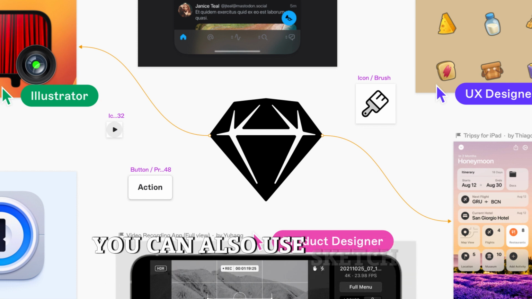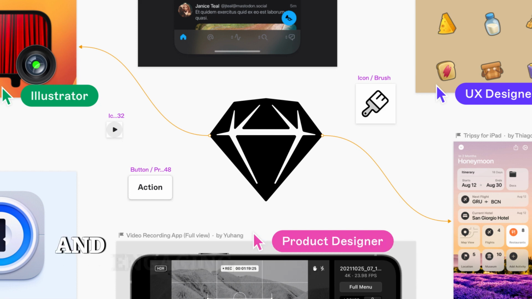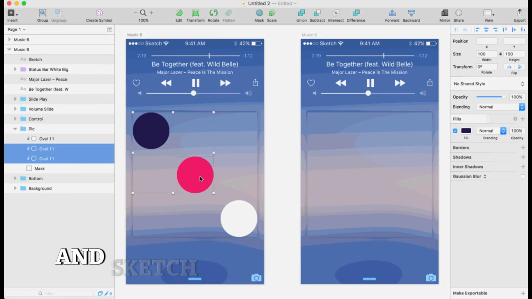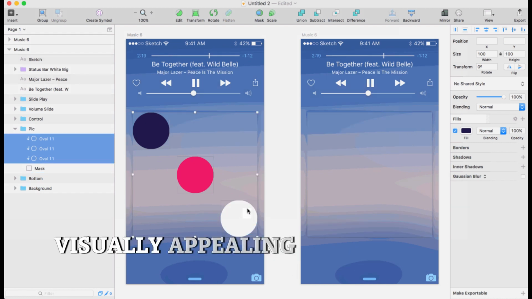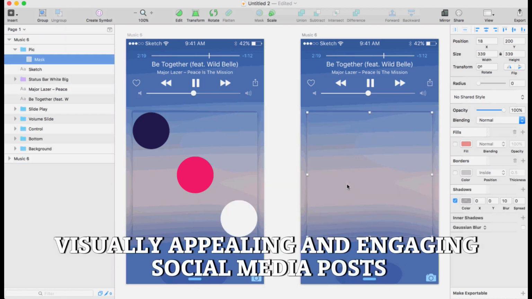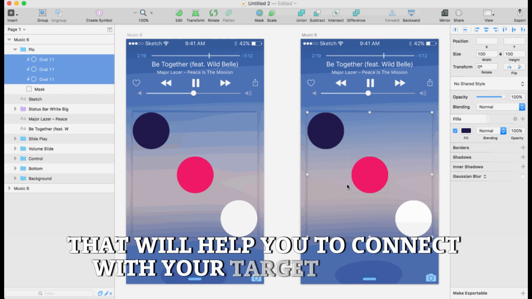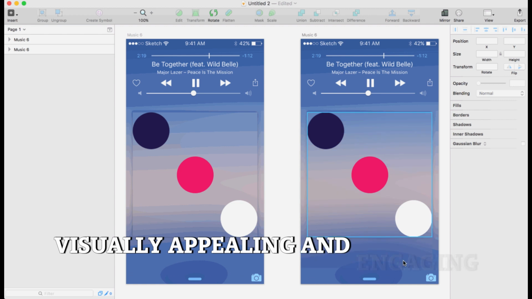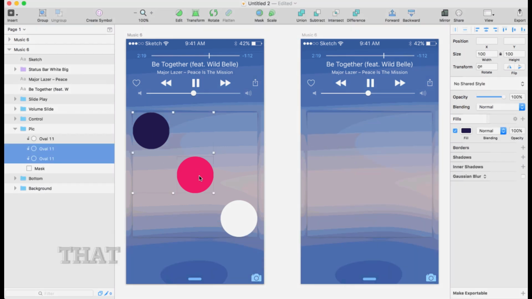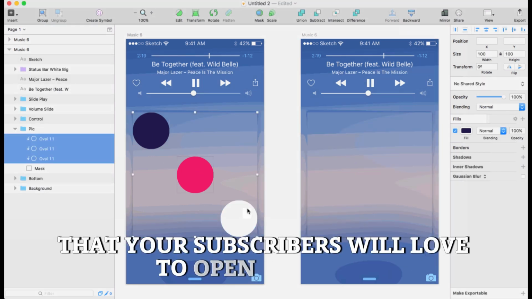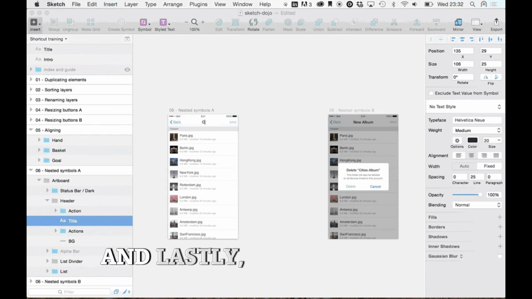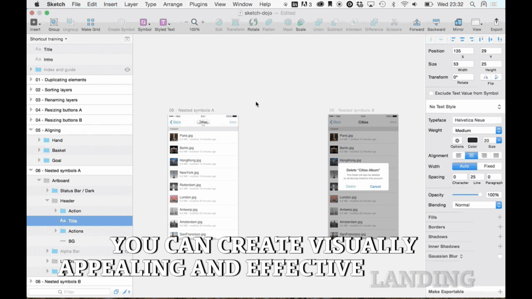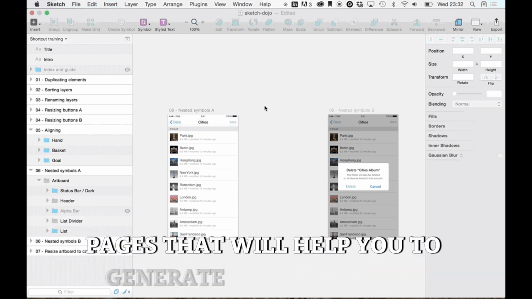You can also use Sketch to create visually appealing and engaging ebooks that your readers will love. And Sketch can be used to create visually appealing and engaging social media posts that will help you to connect with your target audience. Sketch can also be used to create visually appealing and engaging email newsletters that your subscribers will love to open and read. And lastly, landing pages. You can create visually appealing and effective landing pages that will help you to generate leads